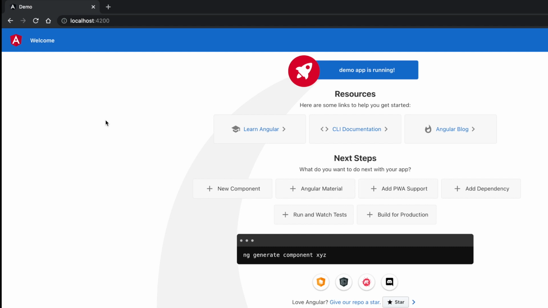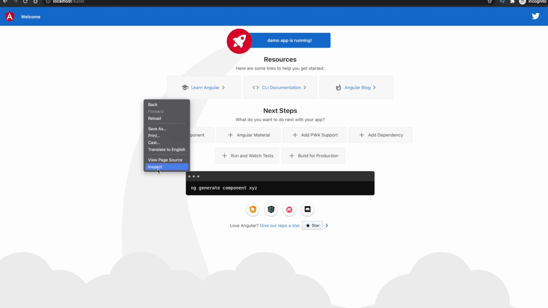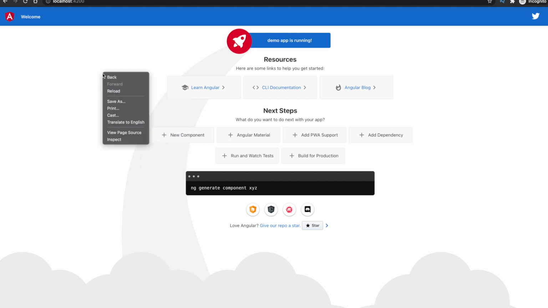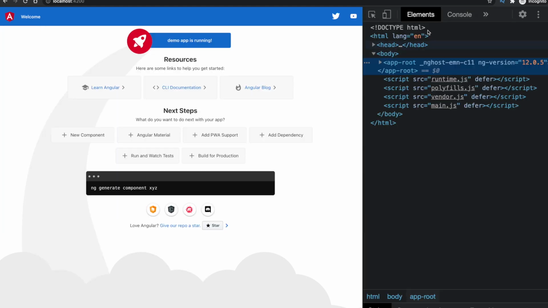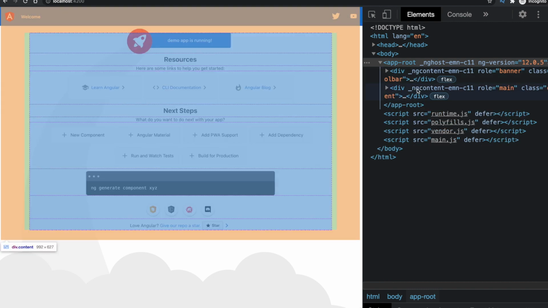The title is coming as demo, but this whole HTML, as I said, is replaced in index.html at this location. So after body, that has been appended. If we inspect it in Chrome, when you right click at any place on the screen, you can go to inspect. That is your friend, make it your friend. In this one you can see that app-root is present, and inside app-root all our code has come in from somewhere. When you hover your mouse over this piece of code, you can see the color changed in Chrome. That is basically saying this tag contains all of your things.